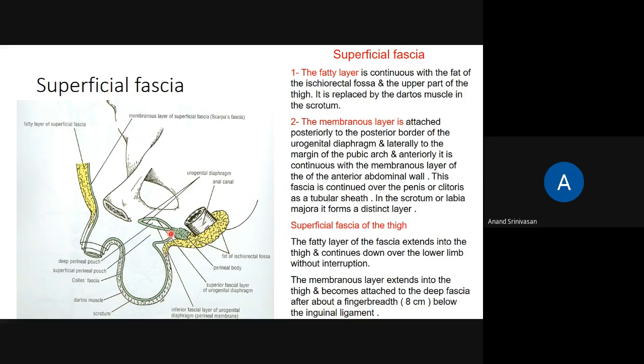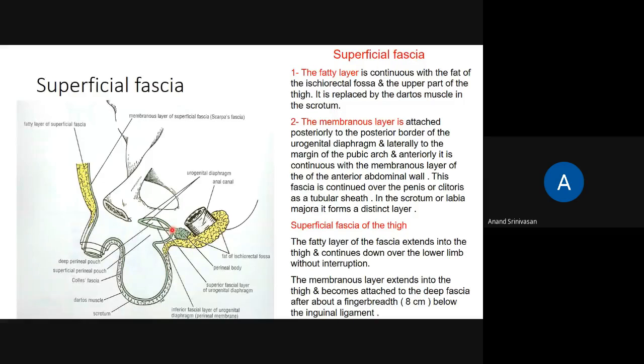Anteriorly it is continuous with the membranous layer of the anterior abdominal wall. This fascia is continued over the penis or the clitoris as a tubular sheath. In the scrotum or labia majora, it forms a distinct layer which is called Colles fascia. So the membranous layer forms the Colles fascia, and then it gets attached to the posterior border of